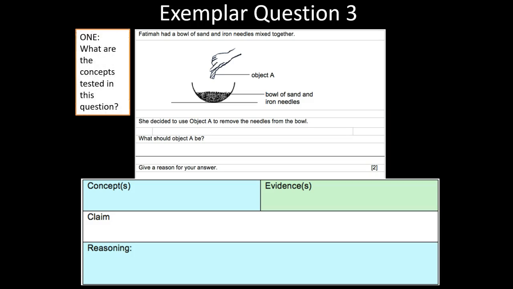Now, let us look at number 1, concepts. A big part of understanding a question is to understand the concepts that you are being tested in the question. The teacher who designed this question must leave evidences in the question to tell you what is being tested. The first evidence I see here is the word iron. Now when I think of iron, I am reminded of the concept 7. Iron is a magnetic material. Now because of this evidence, I'm sure that the concept tested here must be magnets attract magnetic materials such as